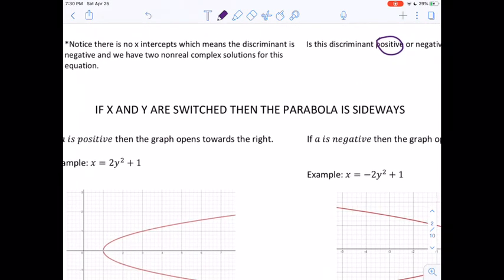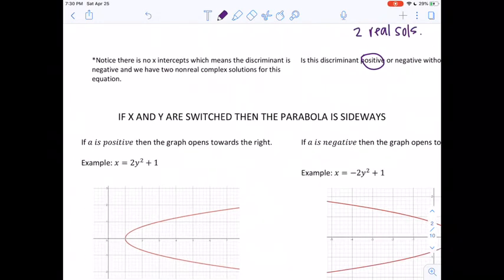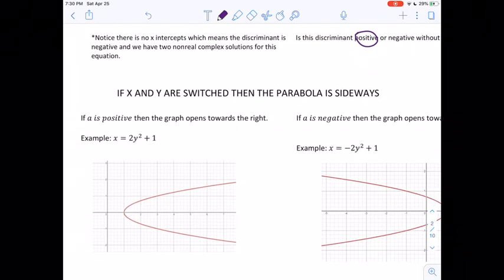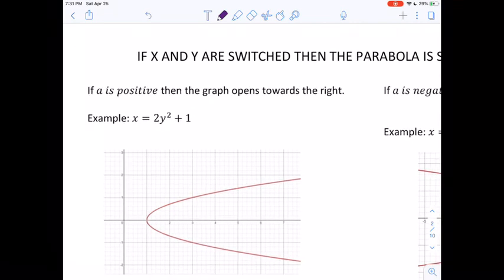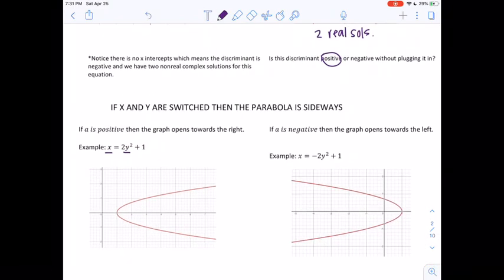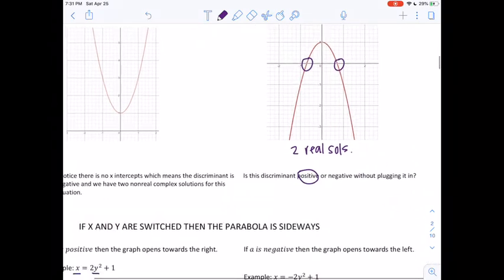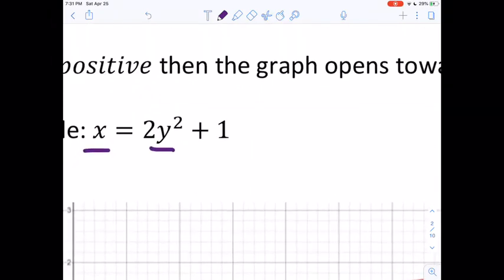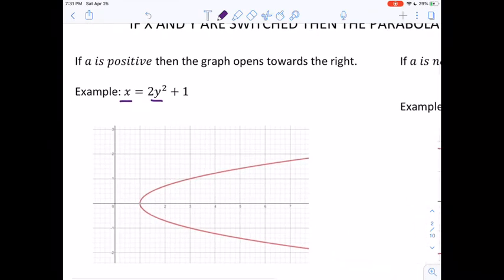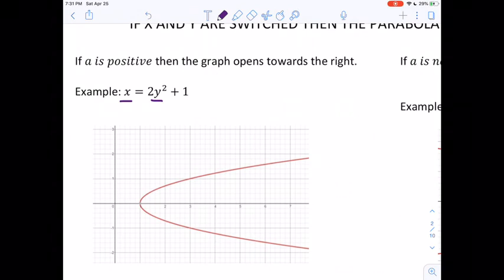Okay. If your x's and y's are switched, then that's when your parabola becomes sideways. So I know you guys have seen a sideways parabola, and the reason why it looks like that is because in this case, now the y is getting squared and it's set equal to x. So in our previous examples, x was getting squared and it was equal to y. Well, now it's y getting squared and it's equal to x. So when it's flipped like that, I know I'm going to have a parabola on its side,